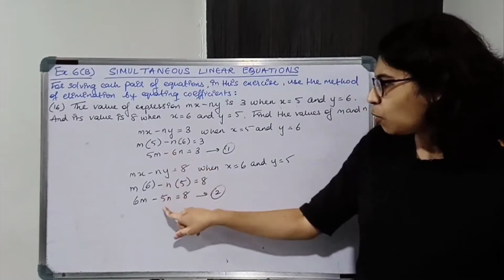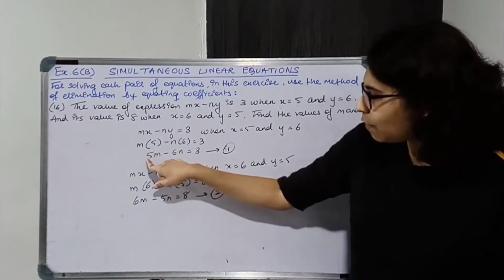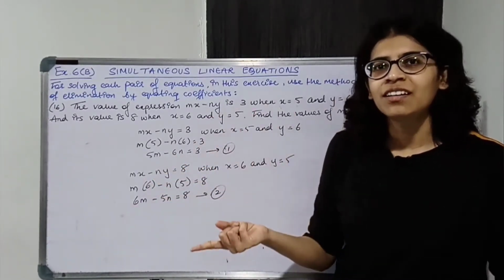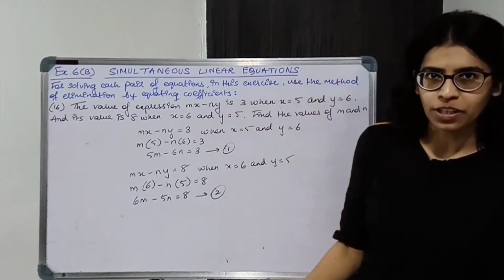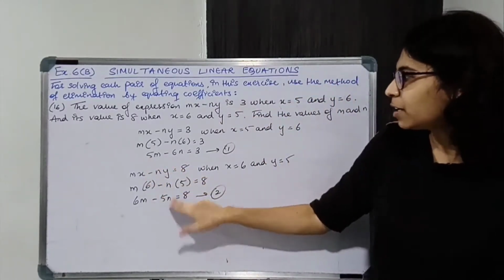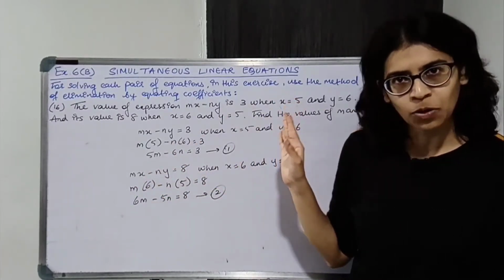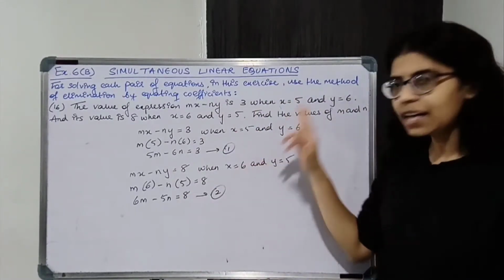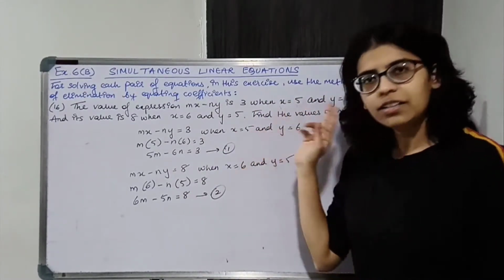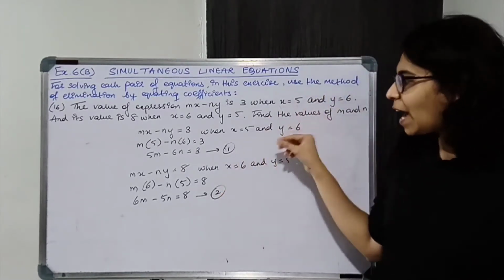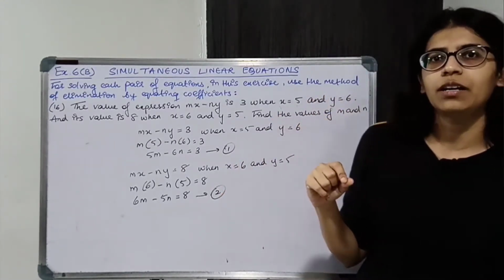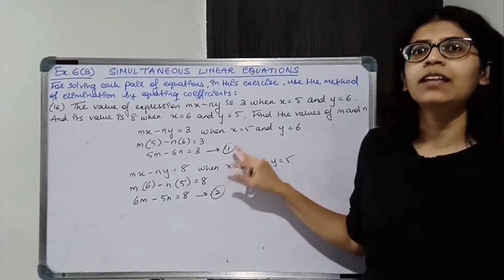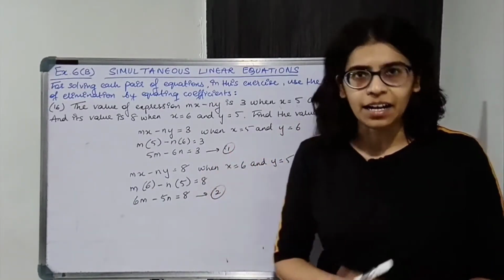Now if you check both the equations over here, 5m, 5n, 6n, 6m, what is happening? The coefficients are interchanged. 5m was in the first, 5n came in the second; 6n was in the first, 6m came in the second. So in such a case we will use the ASA method. First we'll add the two equations, then we'll subtract the two equations, and then we'll add the two equations we got from adding and subtracting.